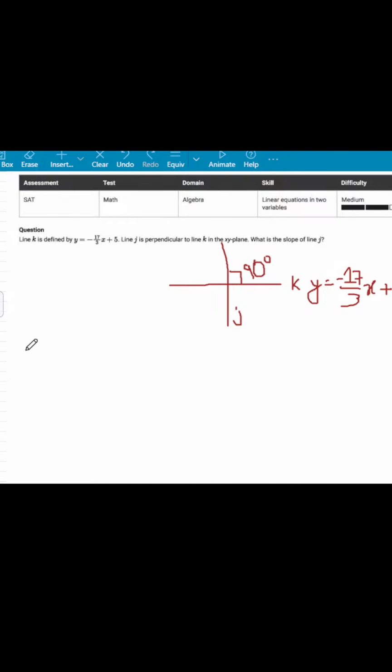So first let us see how for perpendicular lines there is an identity. If two lines are perpendicular and if their slopes are m1 and m2, then the following thing holds. We have m1 multiplied by m2 will be equal to minus 1. So this is an identity or a theorem, and this is because